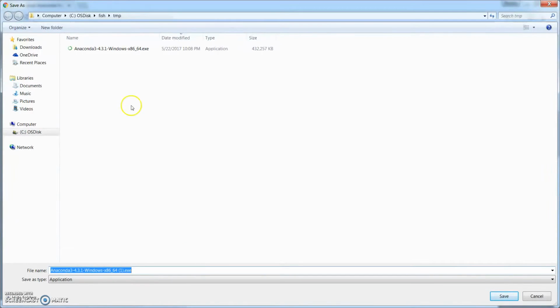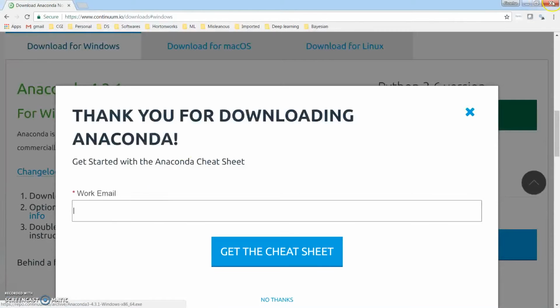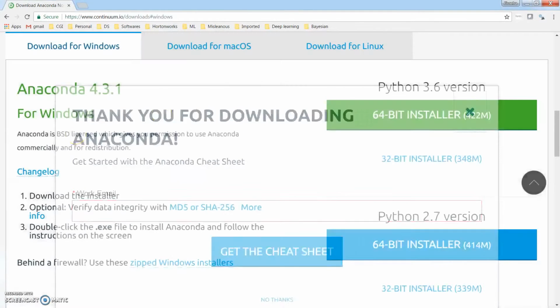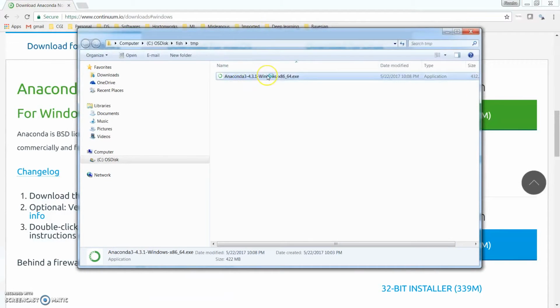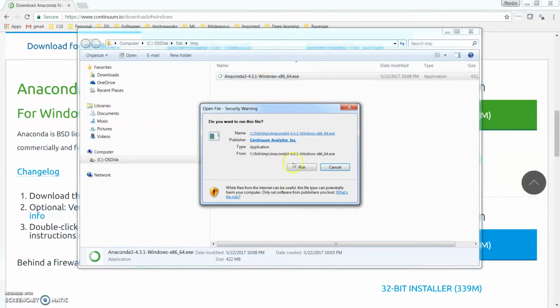Actually, I have downloaded it, as you can see here. So now I'm going to go ahead and install it. I have it here. Simply double click it, and it will soon start the installation process.